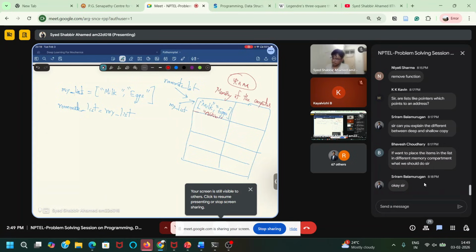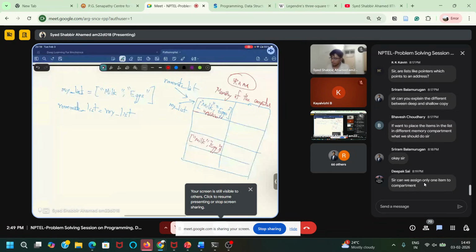So if something had been done in such a way that when I assigned my list to roommate list, roommate list had gone to some other compartment in the memory, like my list, milk and eggs, and if I had changed it here, it would not have appeared in my list.